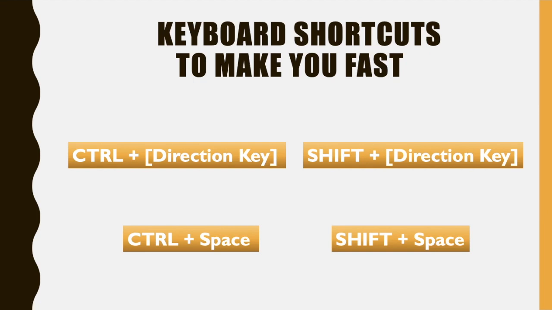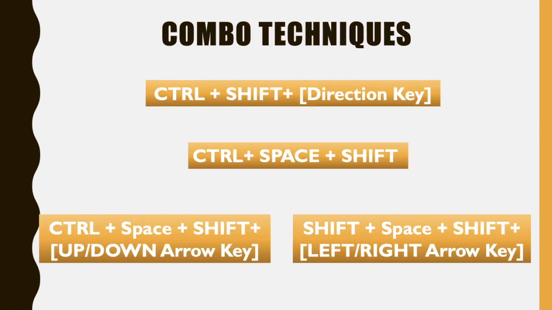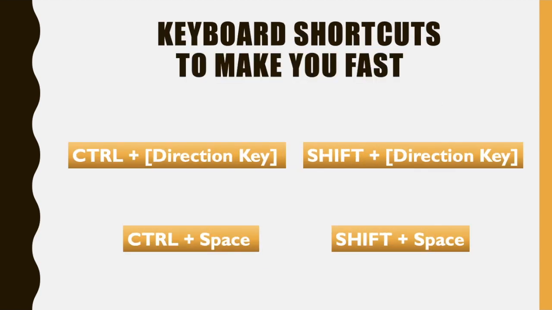Today we will talk about the keyboard shortcuts. So in Excel, to get a hang of keyboard shortcuts and to get very fast in your work, we should really know and should be very quick with the keyboard shortcuts. I will be sharing 8 keyboard shortcuts. 4 will be simple with Control and Shift and the other 4 will be the combo keyboard shortcuts. So you can see these are the combo techniques and these are the simple ones with Control and Shift. If you practice this and get a hang of this, you are really going to do your work very fast and obviously impress your colleagues.